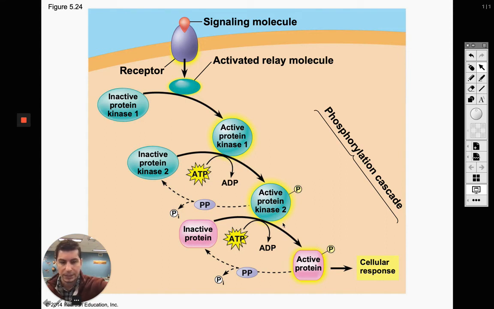So we have different proteins, and after it gets so far into the cell,